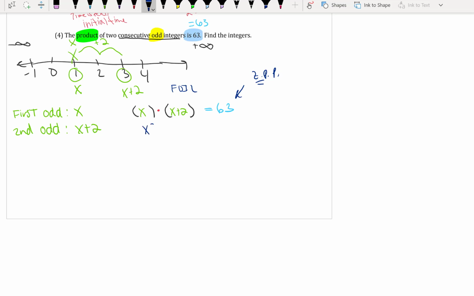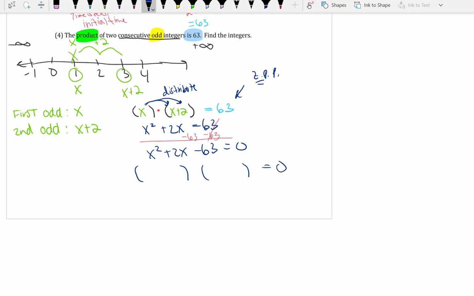So when I multiply, or better yet, not FOIL, but distribute, since you're multiplying x times x and x times 2, your x squared plus 2x is equal to 63. Now I can subtract 63 from both sides, so that x squared plus 2x minus 63 is equal to 0. Now if I were to factor this,